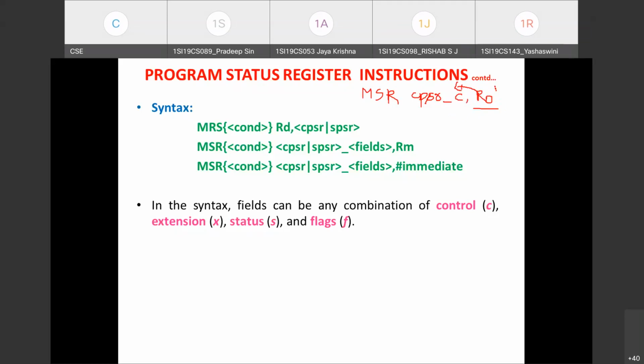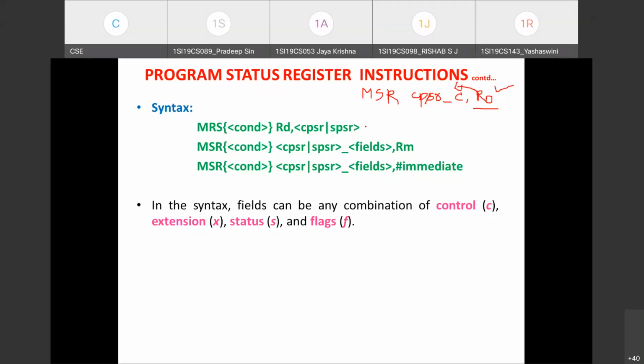You know R0 is a 32-bit register, and CPSR is a 32-bit register. So how this MSR instruction works is that it takes the corresponding field data from the register and writes it to the corresponding field position. Since it is C, the control field, the data will be written to the least significant 8-bit position in the CPSR register.